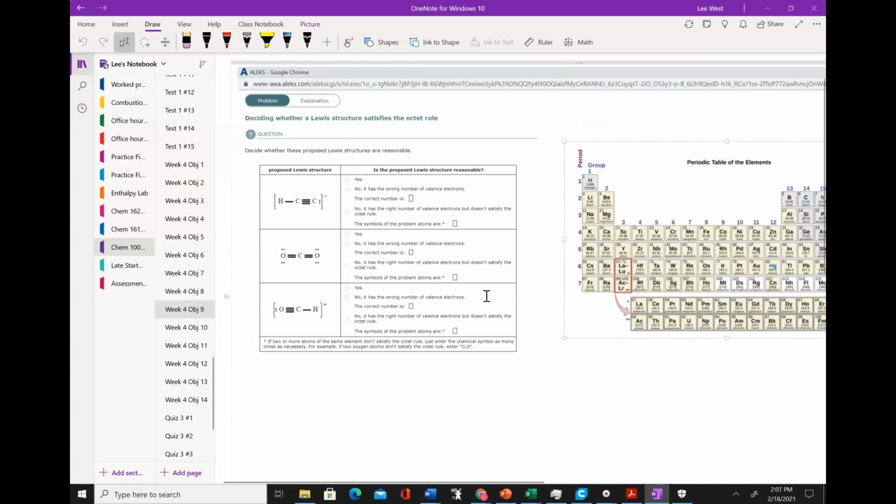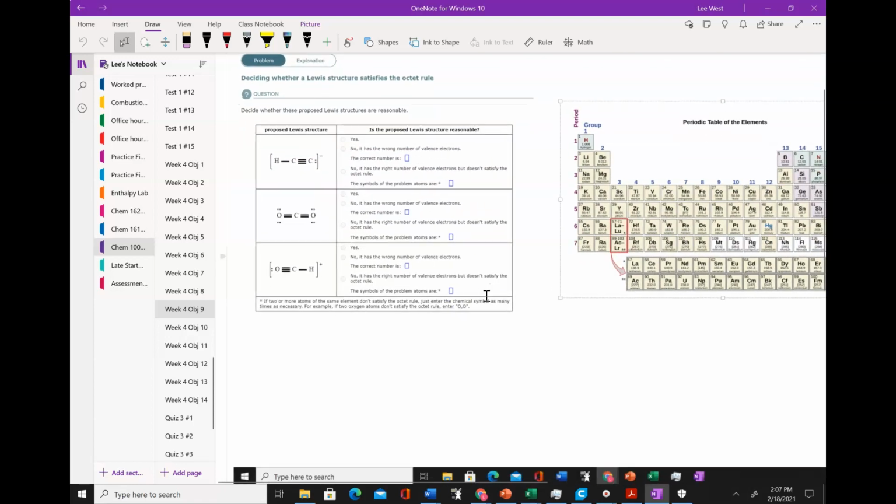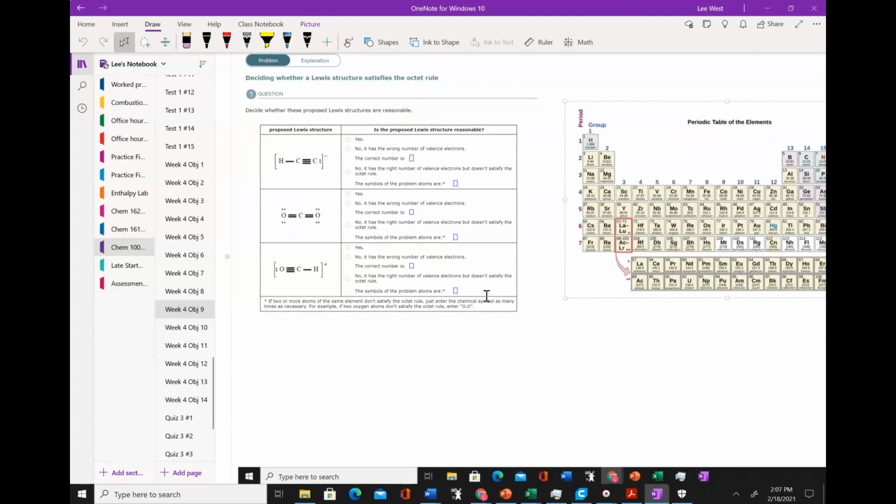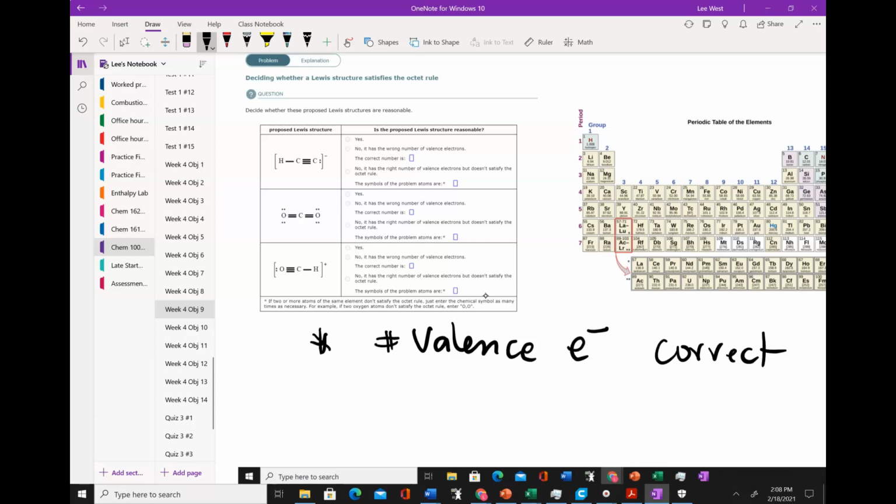Okay, let's have a look at this. Deciding whether a Lewis structure satisfies the octet rule. Decide whether these proposed Lewis structures are reasonable. Now, for a molecule or polyatomic ion to be a correct Lewis structure, it has to satisfy 2 requirements. First, the number of valence electrons used to make all of the bonds and lone pairs has to be correct. And then secondly,